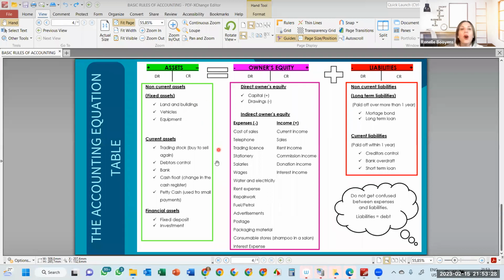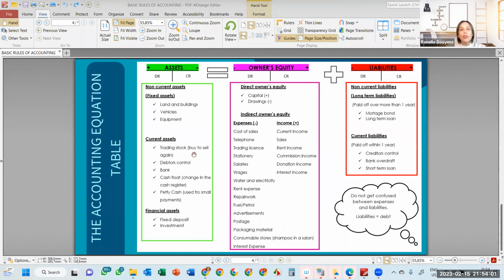Okay, if we move on to current assets. Current assets are short-term assets, meaning the following. It's got value for the business as well, but it's either cash, money, cold hard cash, or can be converted into cash within a year. That's the definition for a current asset. Now, grade 8, you're not going to deal with trading stock straight away, but learn this so that you are aware of it.